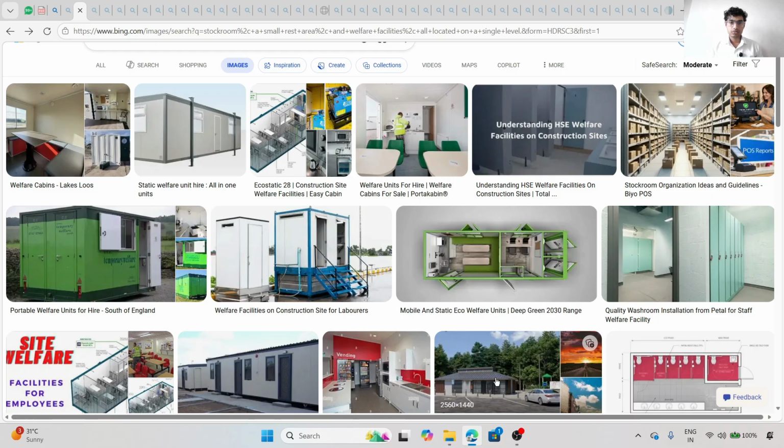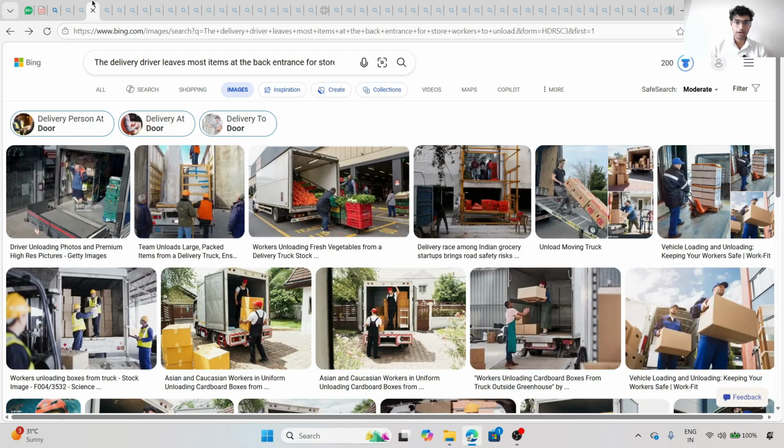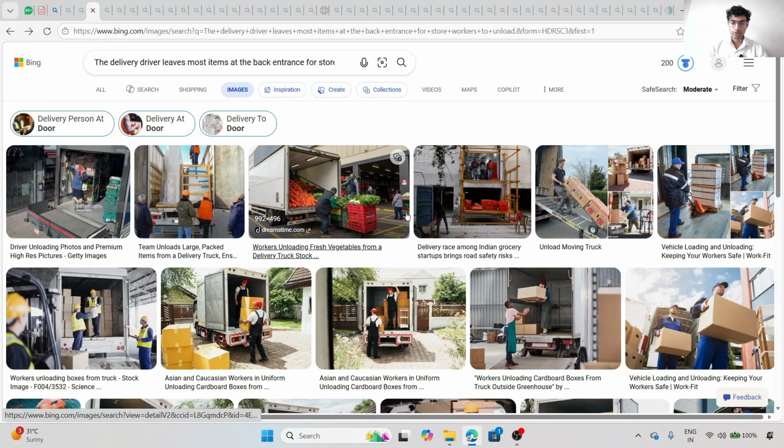He leaves most of the stock at the back entrance and unloads there. Due to the time limitations and his busy delivery schedule, because the unloading people are occupied with their work, what he does is